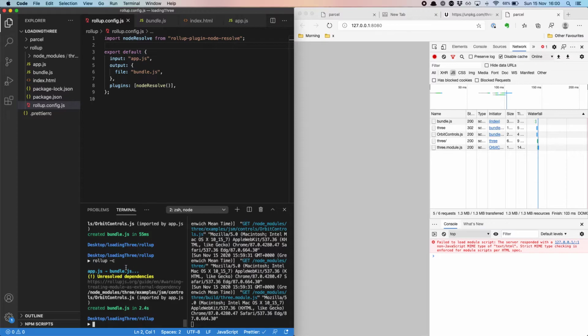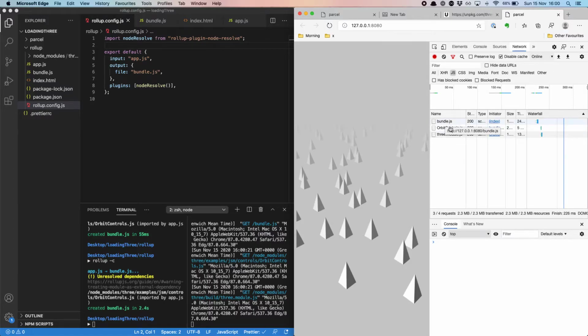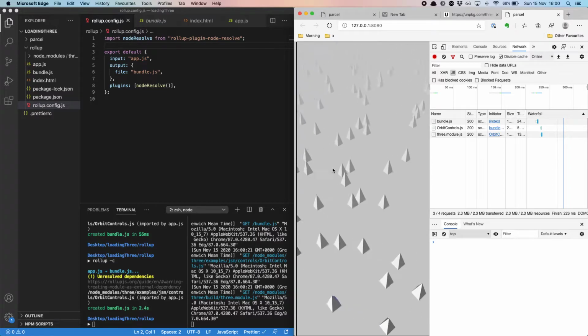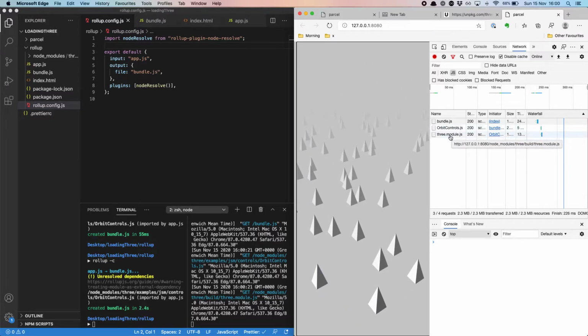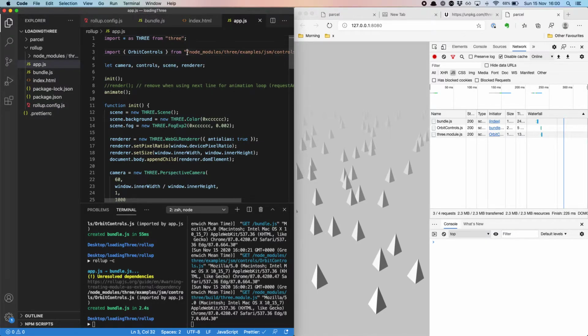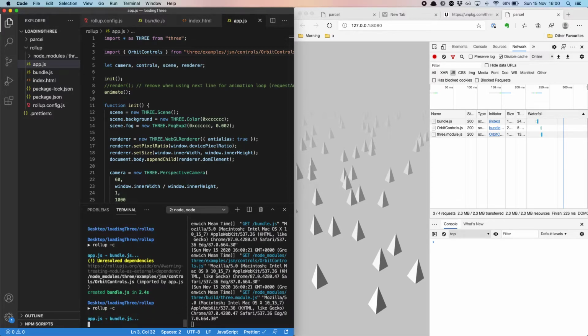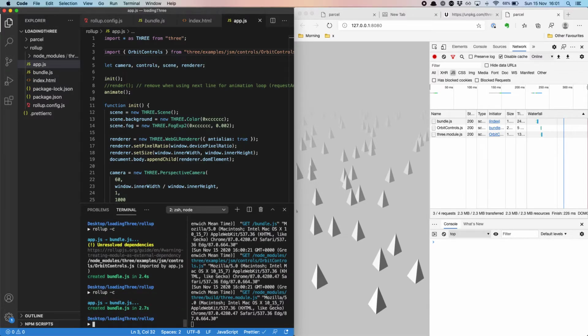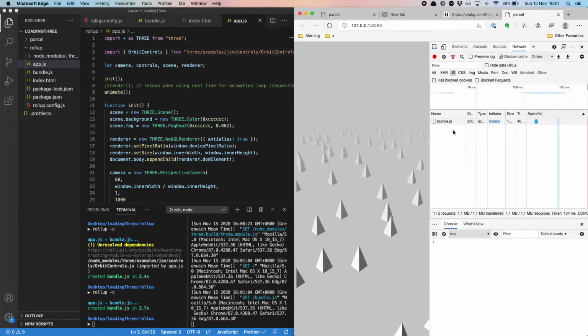So that's looking better. See the way it took some time? Now it's having trouble with orbit controls, but we'll get there. So now bundle and then orbit controls. So we're working. But we're still loading in orbit controls separately. So I want to make just one little change to make sure we're getting that as nicely as we can. Let me just double check here. Yeah, so we should be able to say back in app, again, get rid of this, was a bit of a mistake. We want it from the node modules. So it's going to that config, it's bundling everything together, and now if we refresh, we just have bundle.js